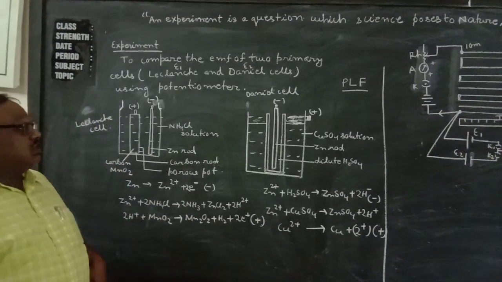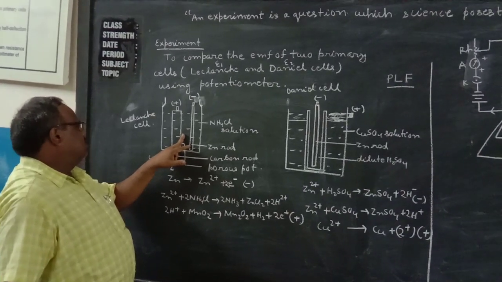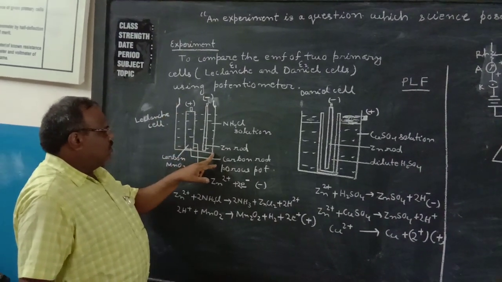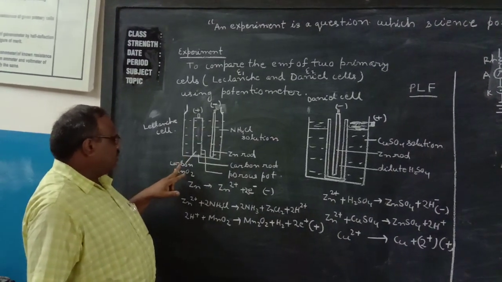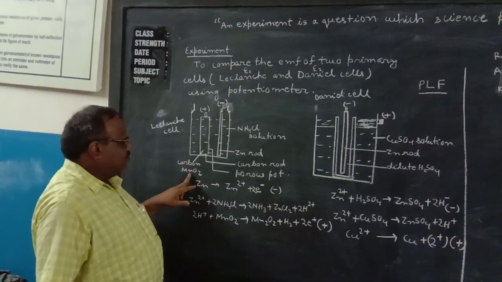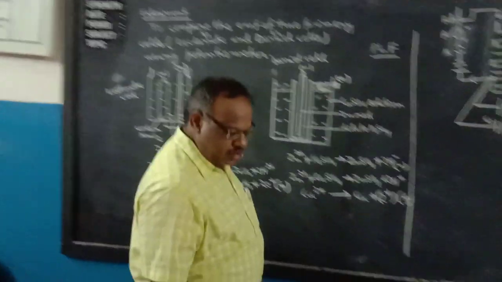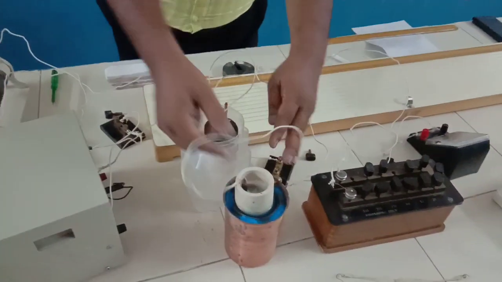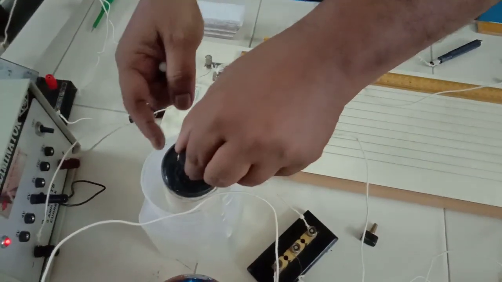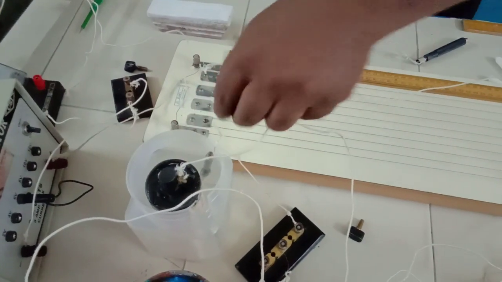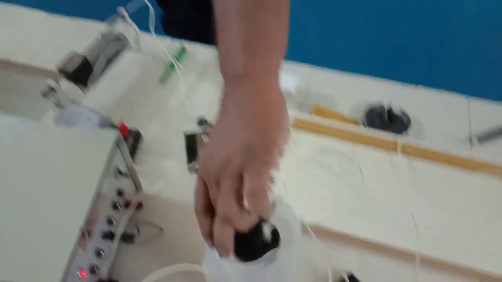So here usually we are using two cells. This is your Leclanché cell. If you see the diagram, this one is a porous pot, and inside it you are taking carbon and manganese dioxide, and this is the zinc rod, and here I am taking sodium chloride. You can see it here. This is the Leclanché cell. This is the vessel. This is the porous pot, and inside it the material is there. This is the zinc rod, and this will constitute your Leclanché cell.